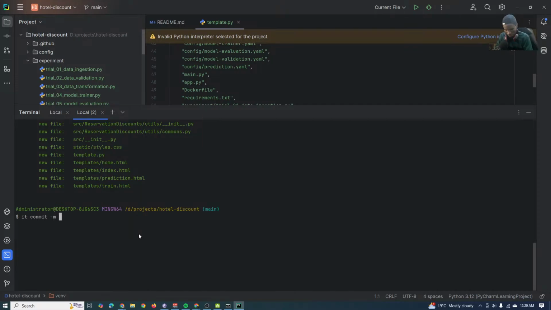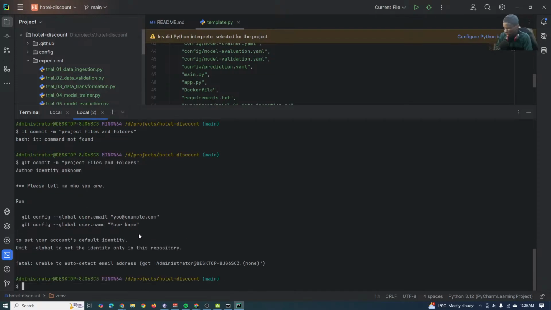-m. Then we can just say project files and folders. Then so it's supposed to be git commit. But okay, I need to also say this. So git config